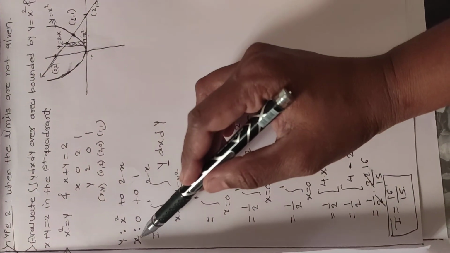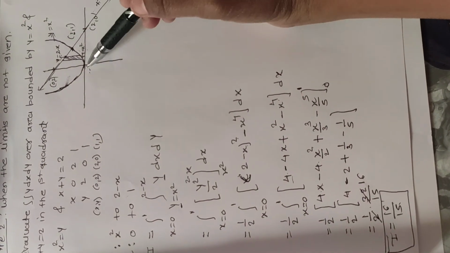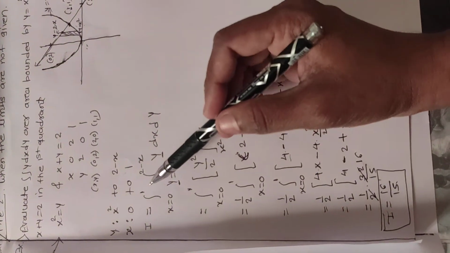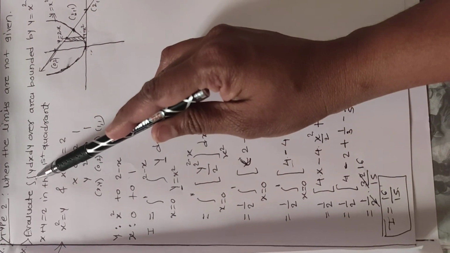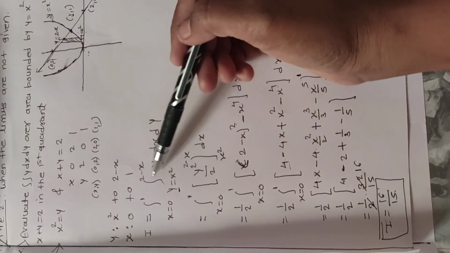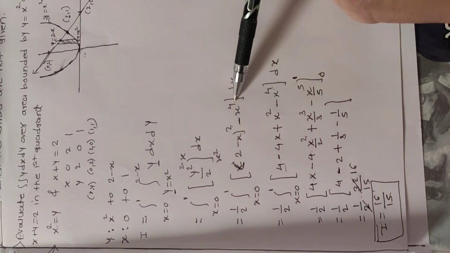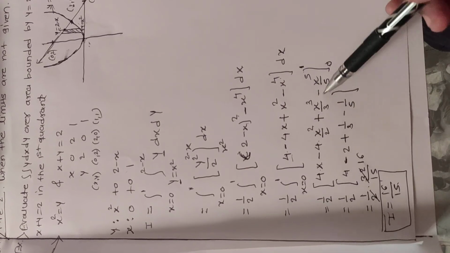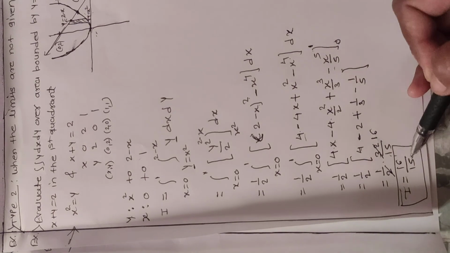After that, how to find the limit points of x? See here, this point is (0, 0) and this point is (1, 1). So the limit points of x are 0 to 1. After that, you put these two limits: integral x equal to 0 to 1, integral y equal to x square to 2 minus x, y dx dy. The limit points of y are in variable form, so first we integrate with respect to y, then put upper limit minus lower limit. Simplify this, and again integrate the bracket with respect to x, and then put upper limit minus lower limit. So we get the answer of this equation, 16 upon 15.